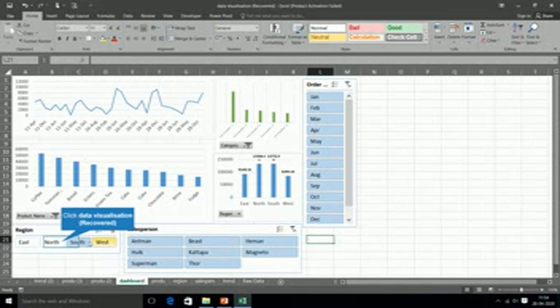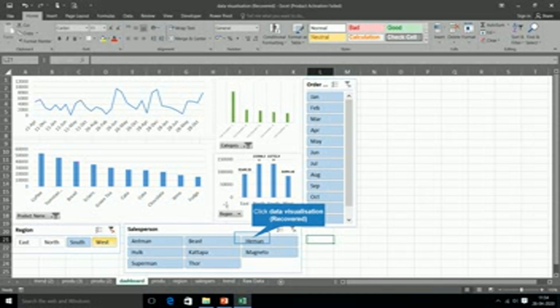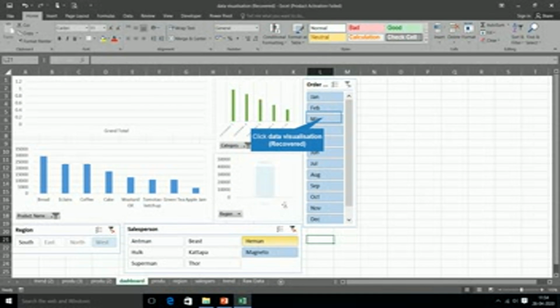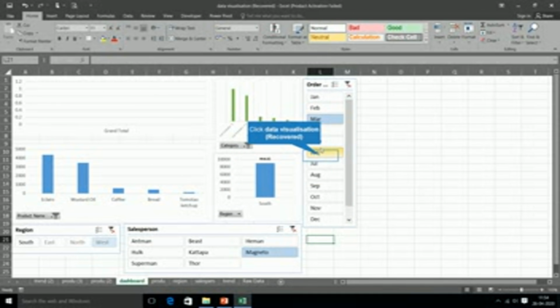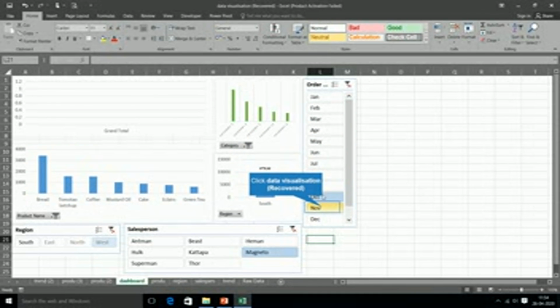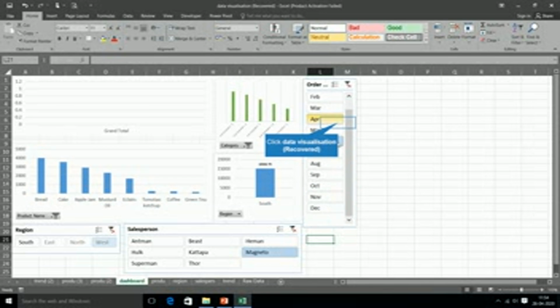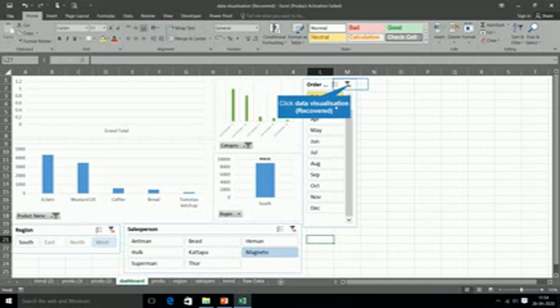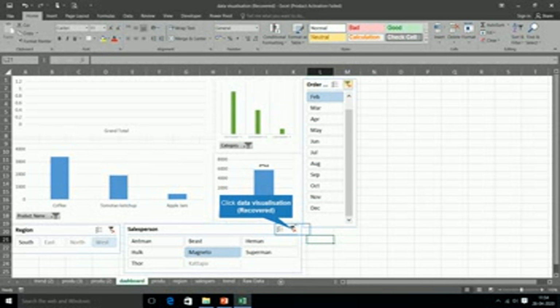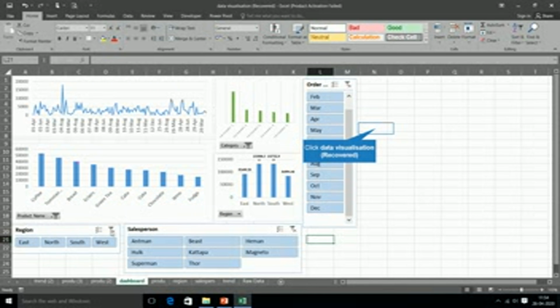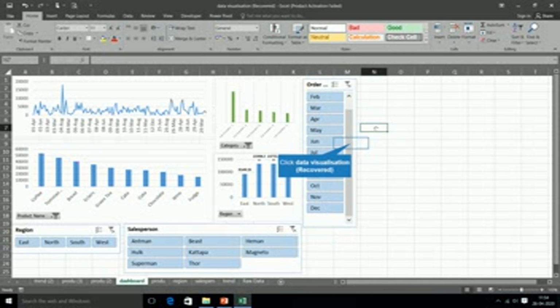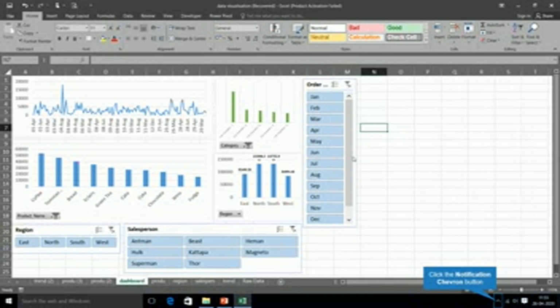So this is how we can create an interactive dashboard, and we can present it to our audience. This will draw more attention from the audience, and it will be very easy to present the data in a dashboard format. So this is what you will be learning in the online course MS Excel from Beginners to Advanced.